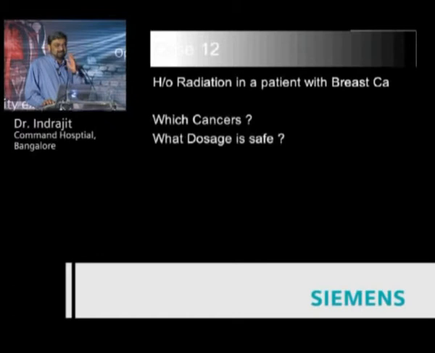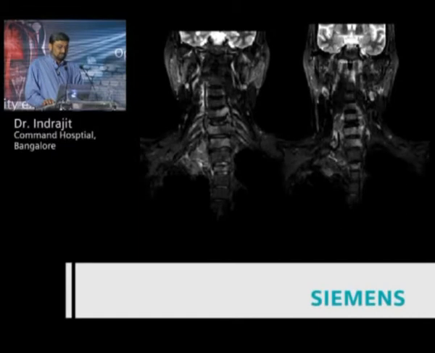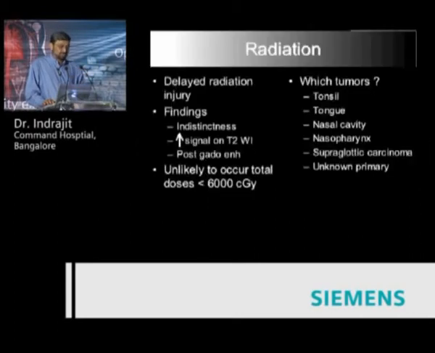Radiation is another cause of brachial plexopathy. The issue is which cancers, and what dosage is safe, which will not cause brachial plexopathy. So here's a patient with a head and neck cancer which was metastasizing, having radiation that affects the brachial plexus with some amount of fibrosis of the upper lung, and most of these are delayed radiation injury, and